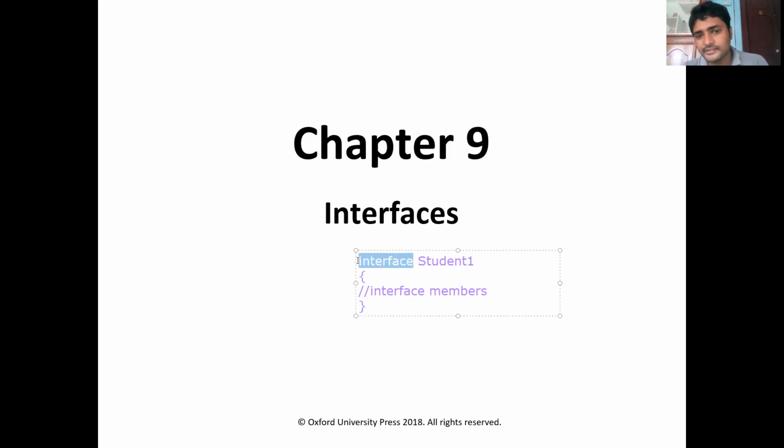So this is the declaration of an interface. Here interface is a keyword. Student one is the interface name. I am defining, declaring the interface here. There are two parts in interfaces.